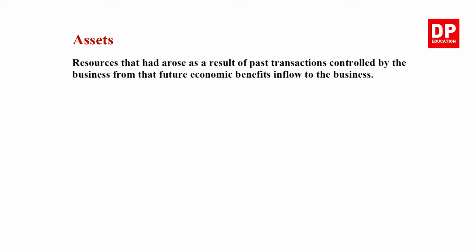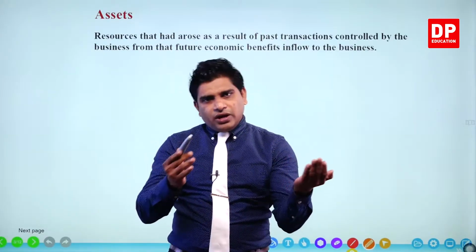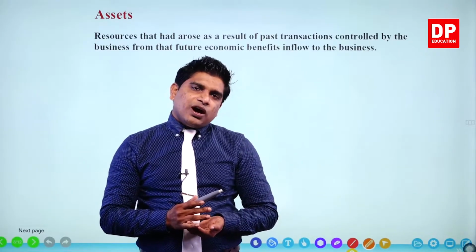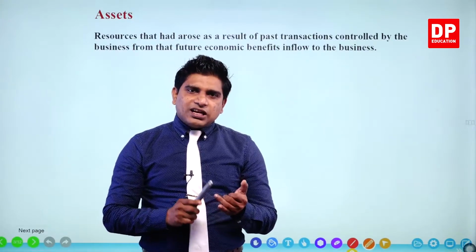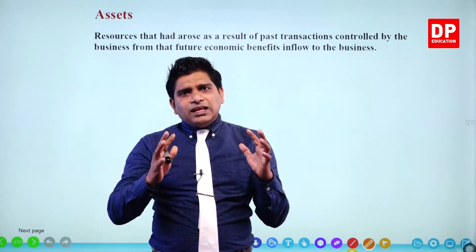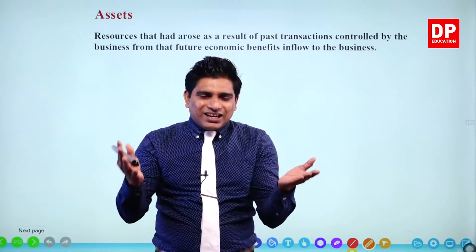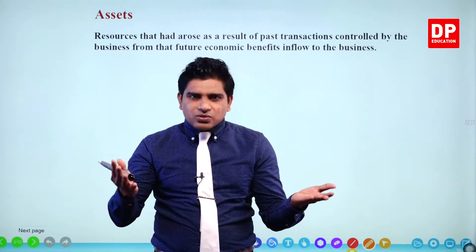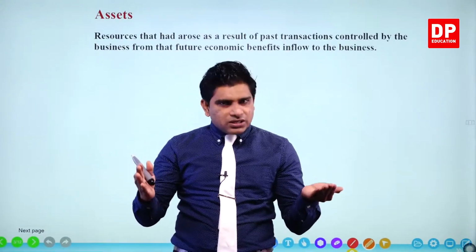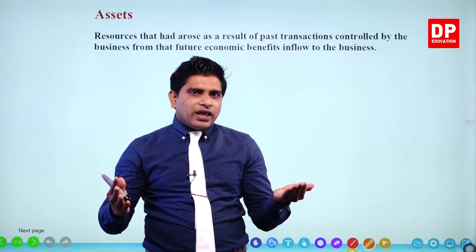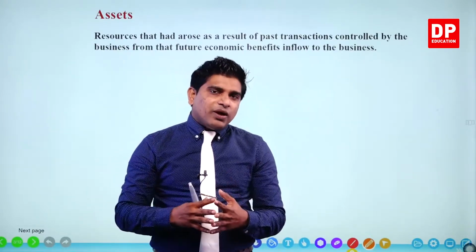Next one. Now assets. Actually, what do you mean by assets? When I ask, now you know the classification of assets also. How? Non-current assets and current assets. Actually, they are the resources, no? Assets are the resources. Land and building, resources. Money, resources. Bank money, resources. Debtors, resources. Why? We can collect money from that party.